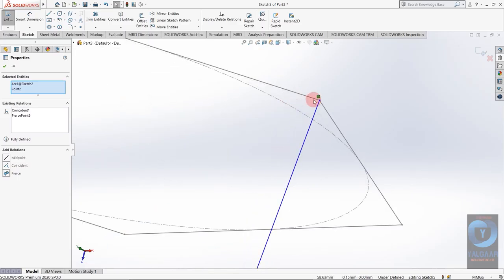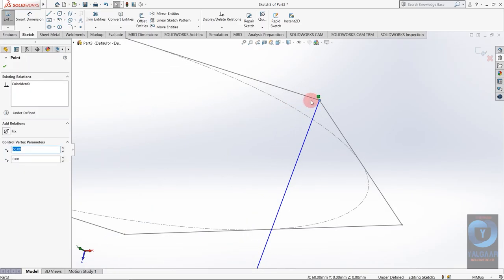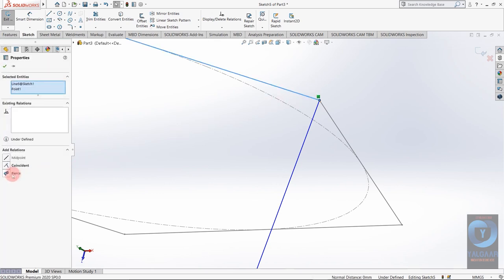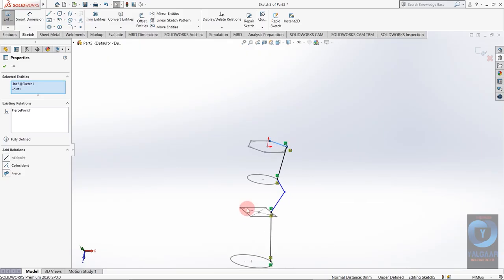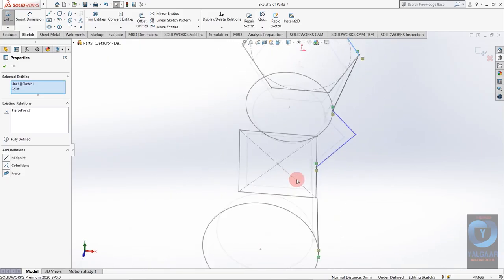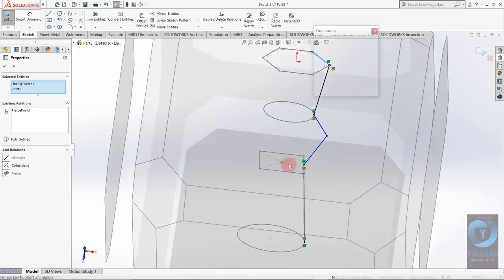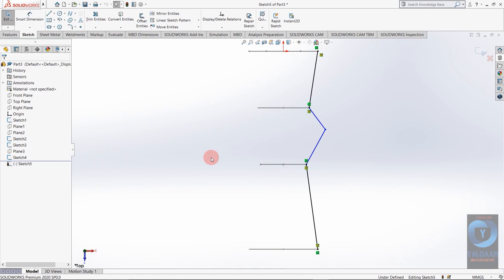Pierce. So as you can see, most of the geometry is defined. I'm not going to define it completely because I'm drawing it randomly.